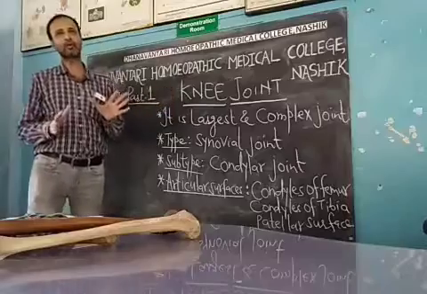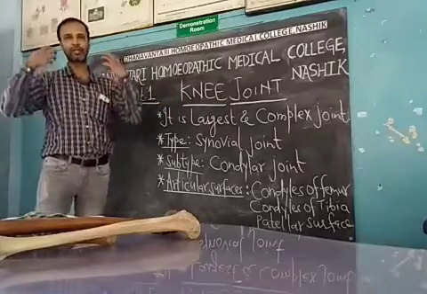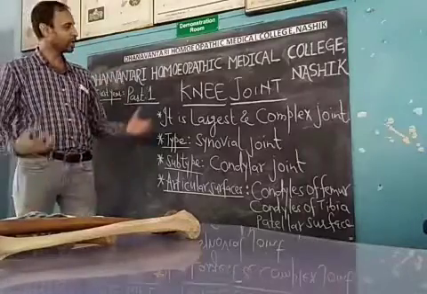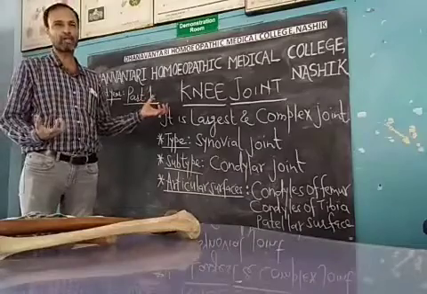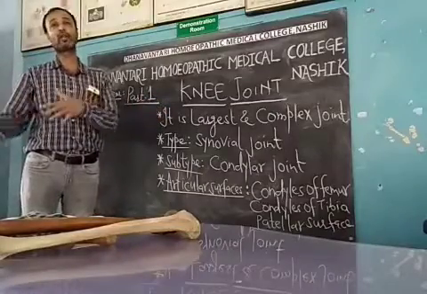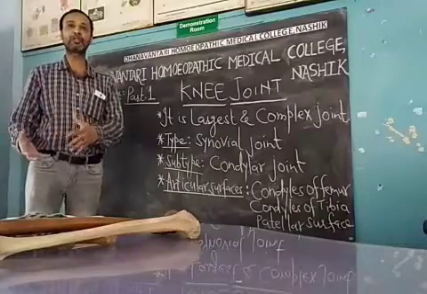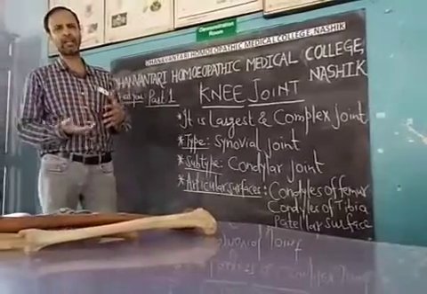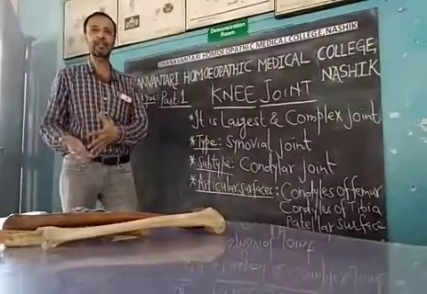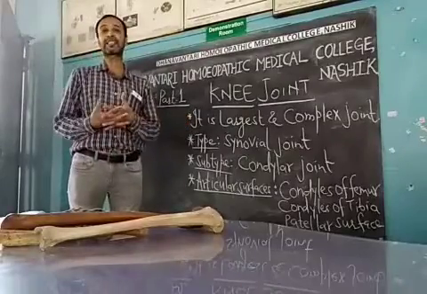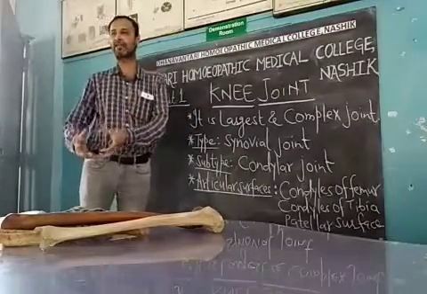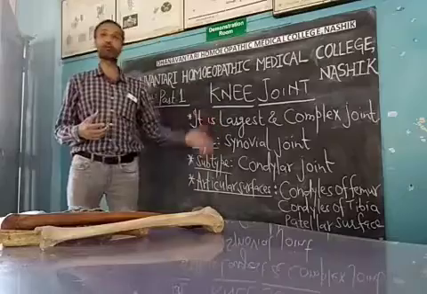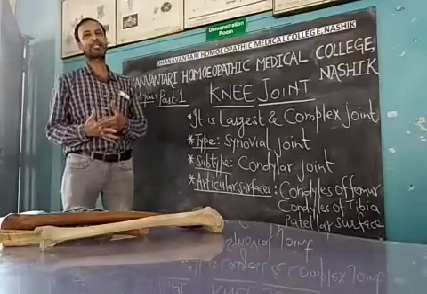The knee joint is a very important part of the body, because as we know, it bears the whole body weight towards the ground. The knee joint is also very commonly affected in old age, where patients often complain about arthritis and swelling of the knee joints. Clinically it is important because many diseases are related to it. Also, in severe accidents there is twisting or some injury to the ligaments. So that's the reason we have to learn the anatomy of the knee joint, and it is very essential.